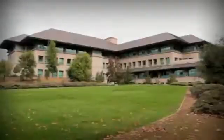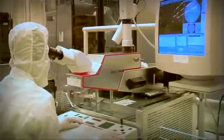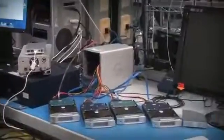Thanks to amazing technological advances, the demand for hard disk drives, HDDs, to store data is ever growing in homes, businesses, industry, and the cloud. HGST, a Western Digital company, a world leader in the development and manufacturing of HDDs, has earned an unmatched reputation